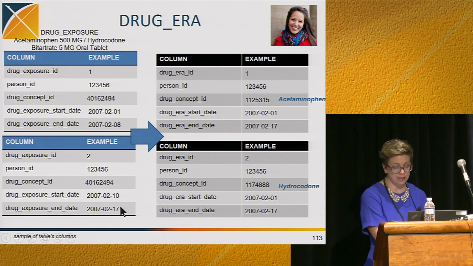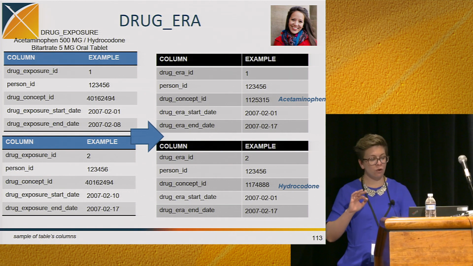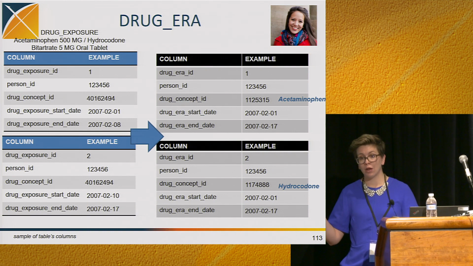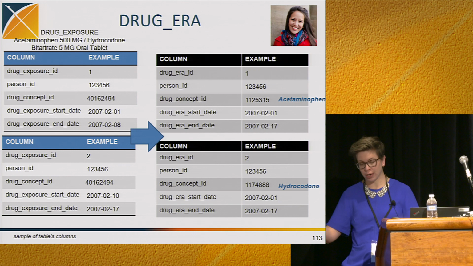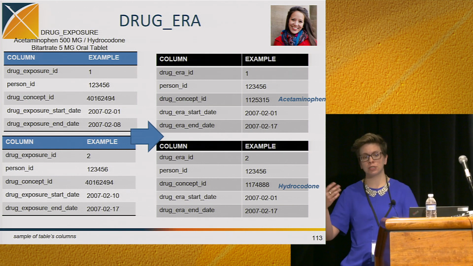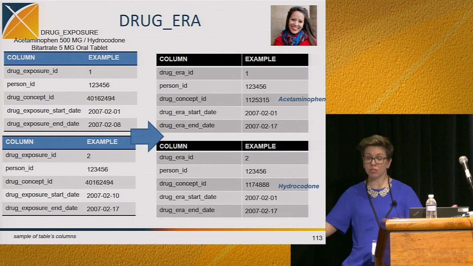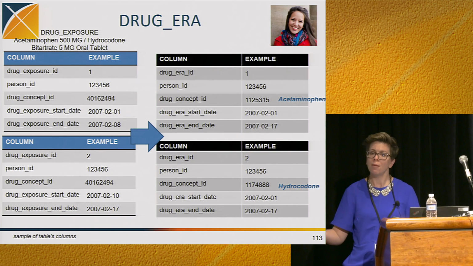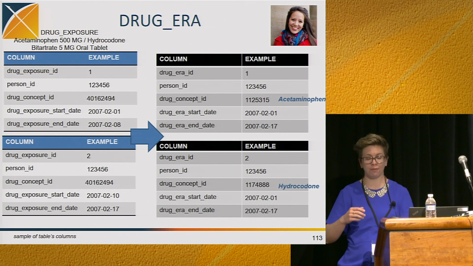and she should have been done on the 17th. And so in the era table logic, even though Lauren had a little bit of a break in there, when we're building a standardized drug era table, we believe that exposures that happen within 30 days of each other, you're actually just continuously exposed during that time. Now, yes, given use cases might have different things depending on the half-life of the drug, but from a standardized approach, if I see my exposures within a certain time period, I'm going to just